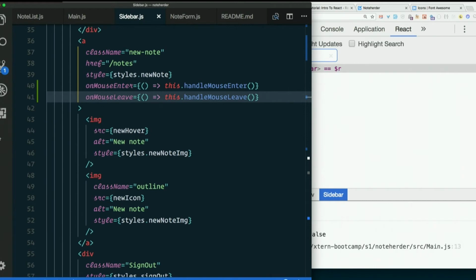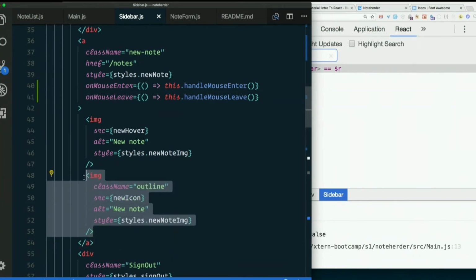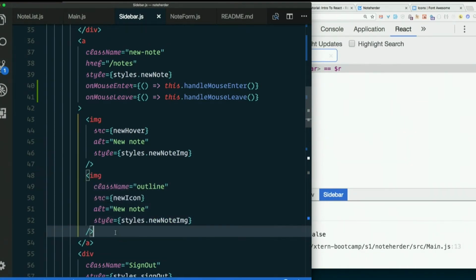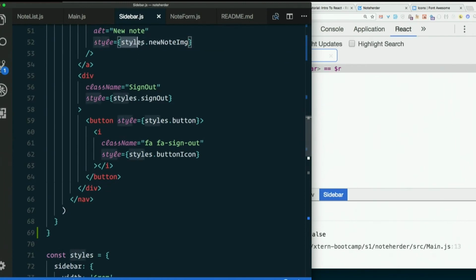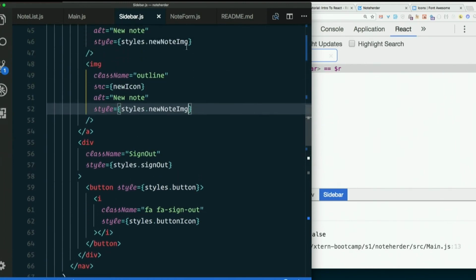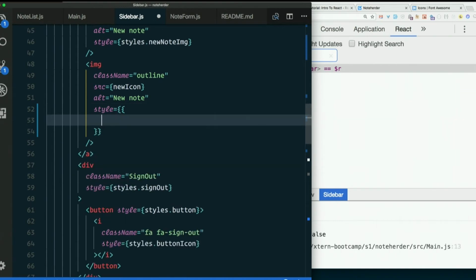So now we just need to make that change the opacity of this image here, the second one, the one with a class of outline. So I'm already applying a bunch of style to this. And now I need another style rule, basically. Remember that instead of referring to some property of some style object, we could have just made an object literal inside there and written our styles. Could have done that. If we had done that, then I could have said, say, opacity, colon, and then